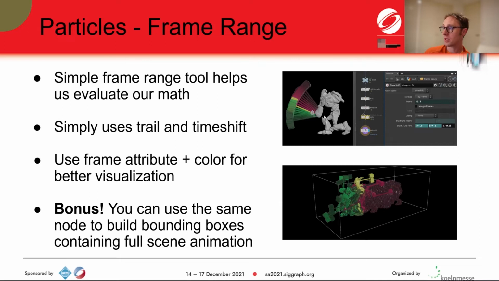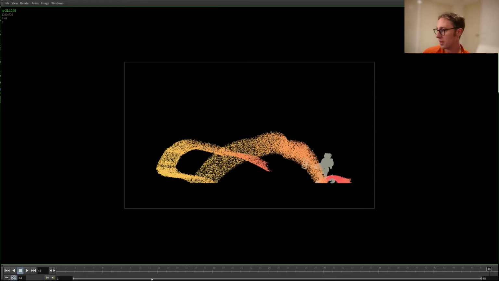So to begin, I'll just go over this frame range node. I use this to evaluate the math of our interpolation. I recommend that you build one yourself. So in here, yellow is the whole frame again. It starts through red and goes through to green. As a bonus, you can use this setup to build a really nice regioning tool for a character's animation by setting up the frame range to be the entire scene frame range and then just putting a bounding box over it. So in order to set this up,